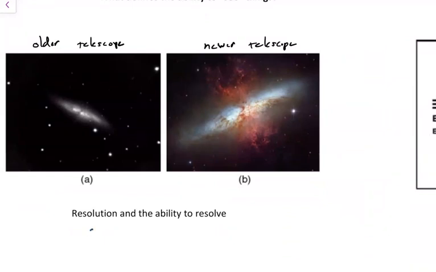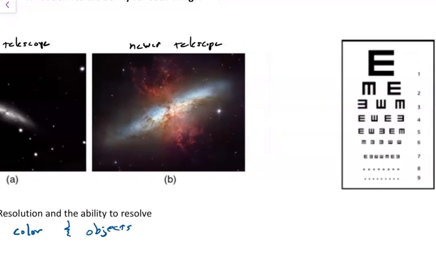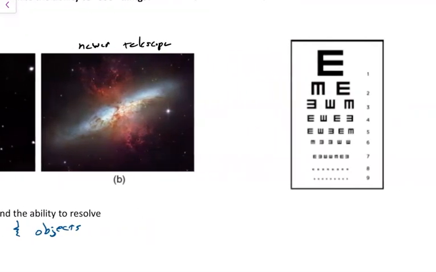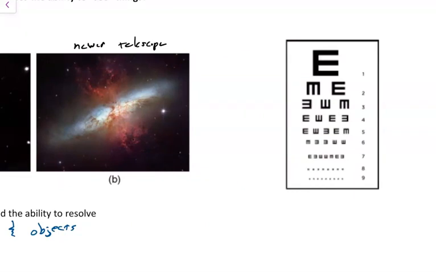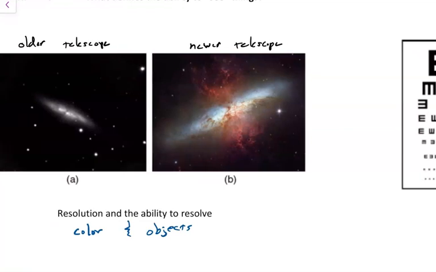We want to see, like, can we see color, and can we see objects, or spacing, or pixels if we want to bring digital cameras into the mix. And so this shows up in two ways. One, with the color that we see in these images, and two, what we use every time we go to get glasses and get our eyes checked, which is when can we really stop being able to see this E as an E, or which direction the E is going. And that is going to be the difference between seeing different objects, whereas this is the difference in being able